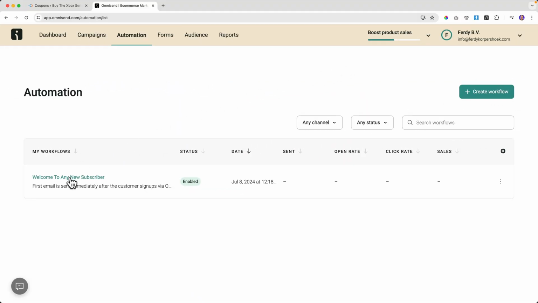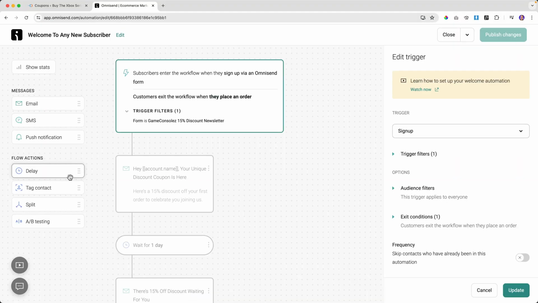Hey, let's talk about A/B split testing. I should not call it like that. I should call it A/B testing, because there's also split testing. And I don't want you to get confused. Man, let's continue. Let me go back to the welcome workflow. And I want to use split testing.